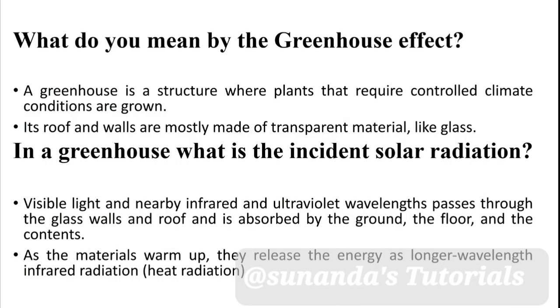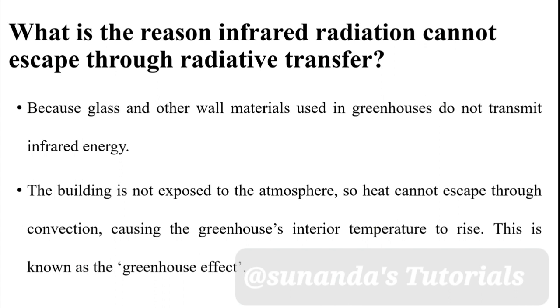What is a greenhouse first? A greenhouse is a structure where plants that require controlled climate conditions are grown. Its roof and walls are mostly made up of transparent materials like glass. Visible light, infrared, and UV light pass into that glass house and are absorbed by the ground, the floors and the contents. As the materials warm up, they release energy of longer wavelength,